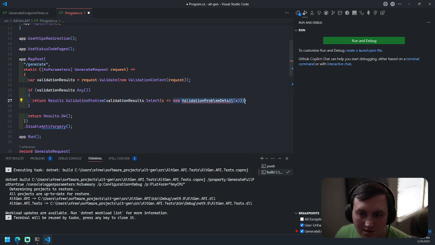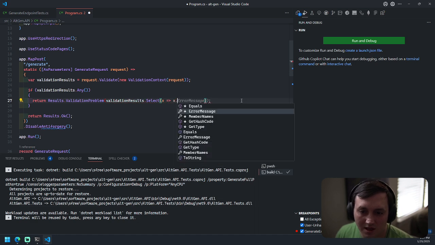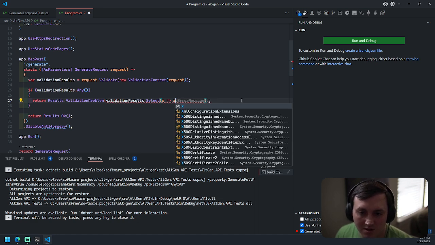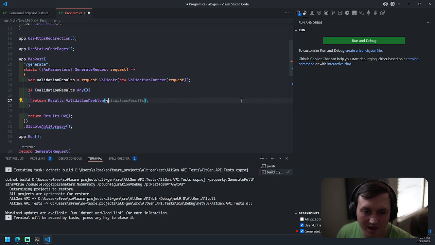This has x dot member names. I don't want to rewrite all this logic because I have written this before somewhere. I just need to go find it.